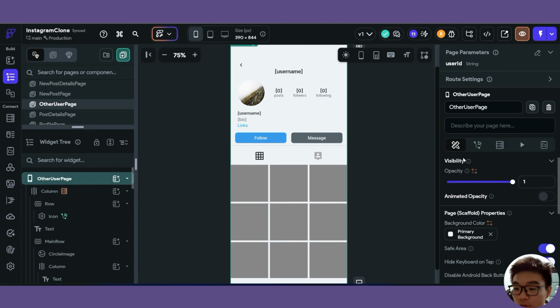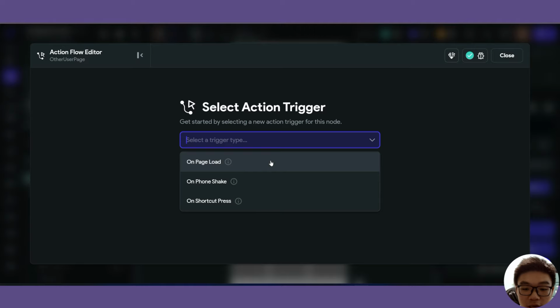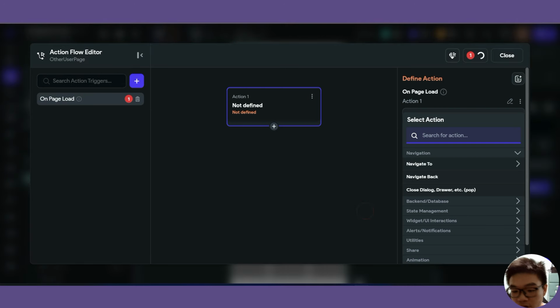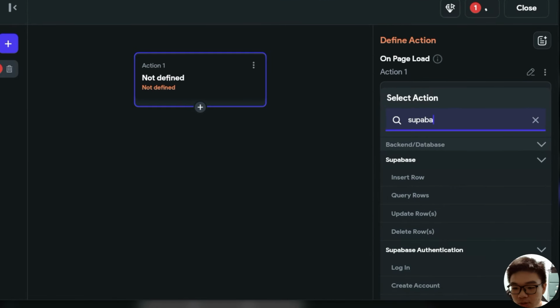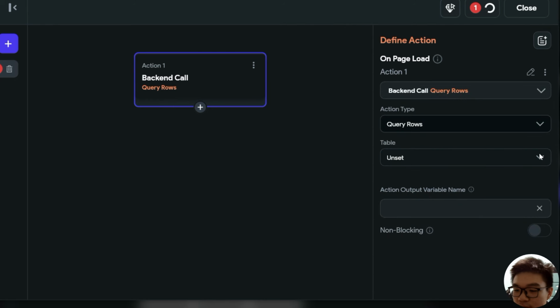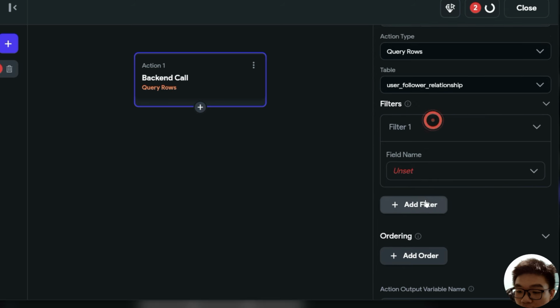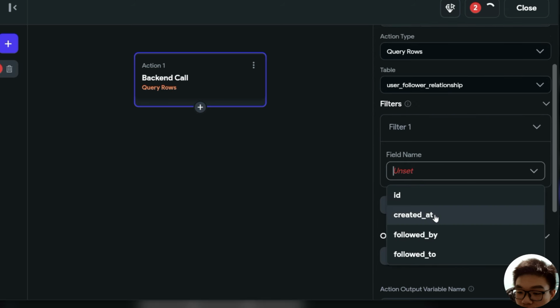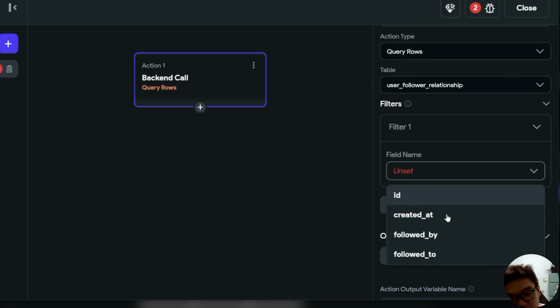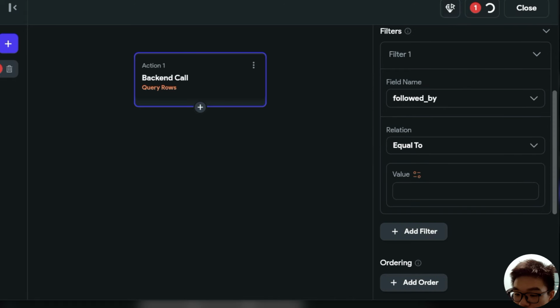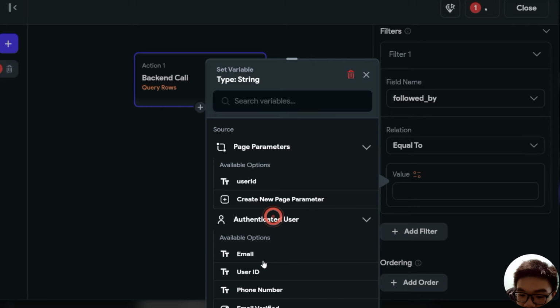With the other user page root page selected, we want to open the action flow editor, and when the page first loads, we want to call a Supabase query. So we can search for Supabase and we'll query rows. For the table, we want to search and query our user follow relationship table. And for the filter, we want to check if our followed by is equal to our authenticated user's user ID,